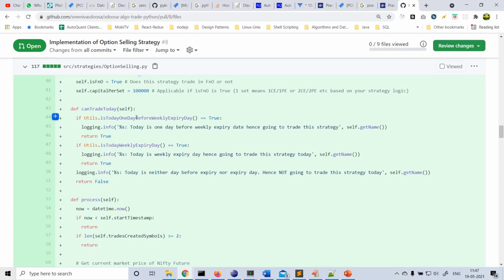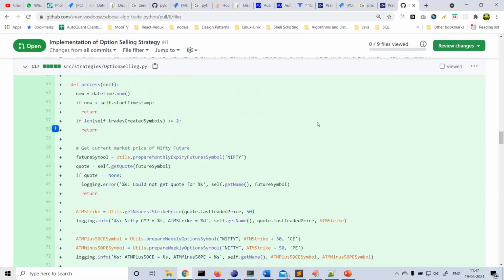What I wrote here: if today is one day before weekly expiry and it is true, then I print something like, today is one day before expiry date, hence going to trade this strategy, and then return true. Or if today is expiry day, again print something here and return true. If either of them is satisfied, we trade; other than the weekly expiry day and the day before expiry, we are returning false here. So we are not going to trade this strategy on other days. And the process, this is a key function.